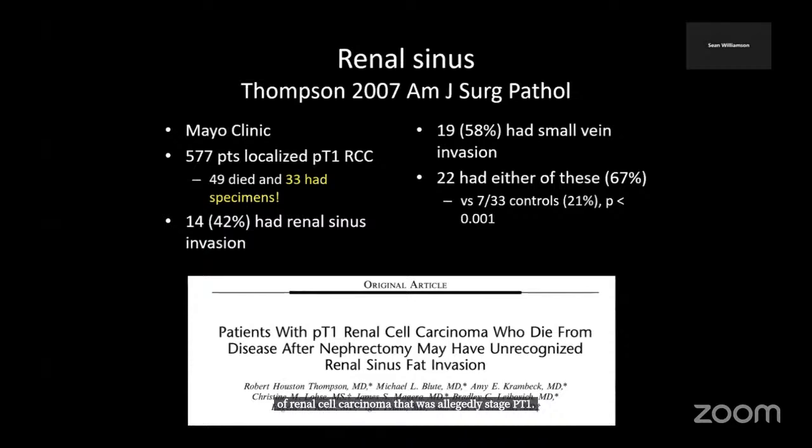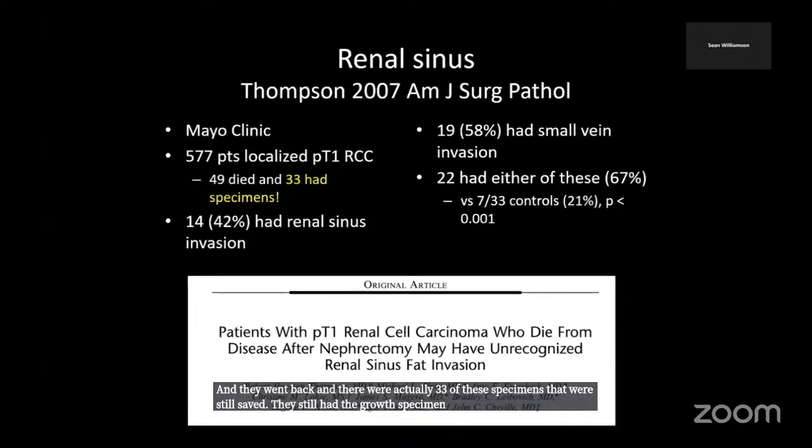And they went back, and there were actually 33 of these specimens that were still saved. They still had the gross specimen, and they re-examined it and found that there was a fairly high rate of underdiagnosed renal sinus or small vein invasion. So 42% undiagnosed renal sinus invasion, 58% small vein invasion. And if you combine them, so the tumor having either one of those, there was about 2/3 that had one